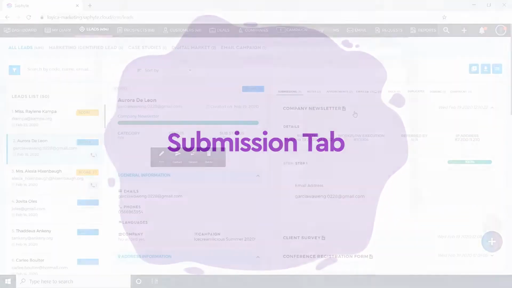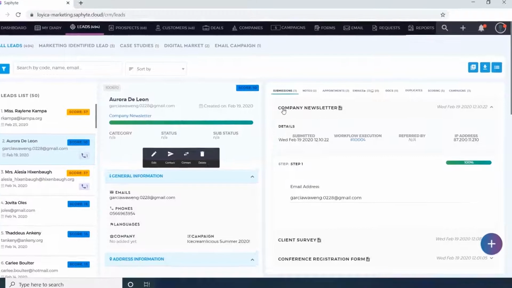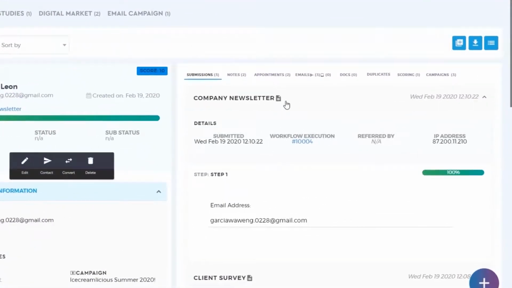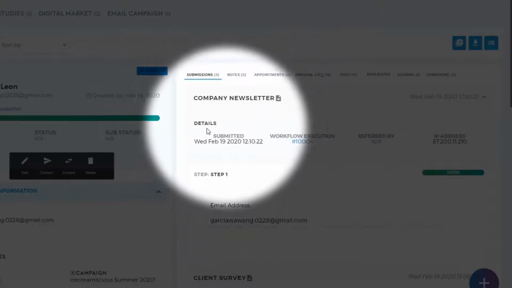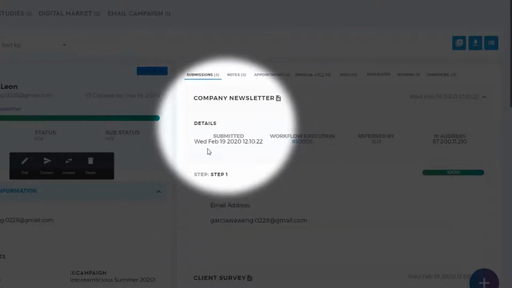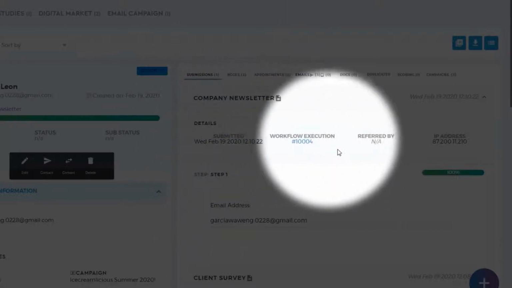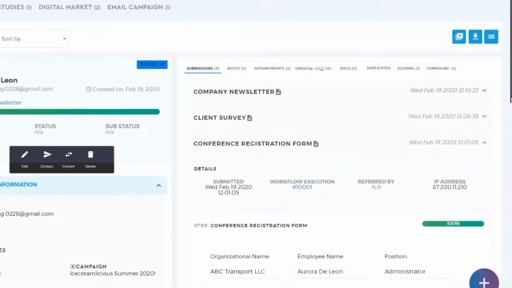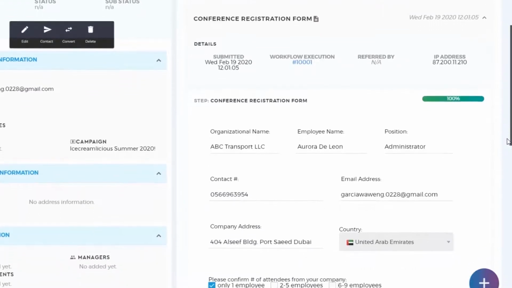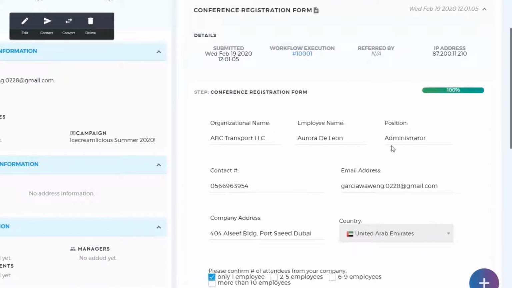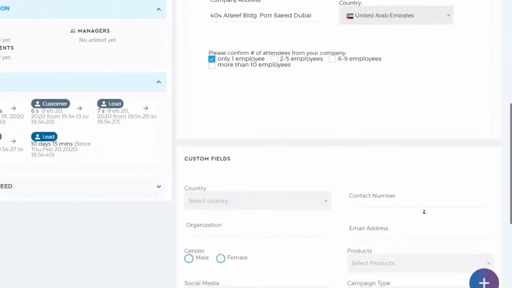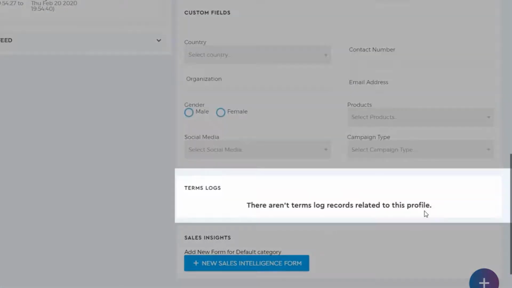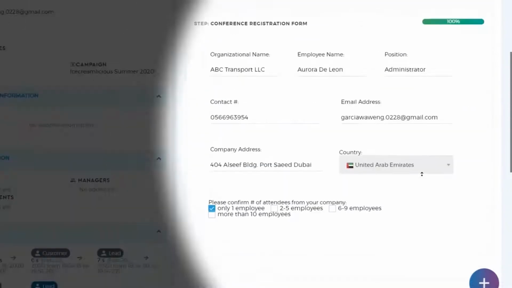On the Submission tab, you can find the forms that your lead has submitted. You can find in this section the details of the form submitted, the date when the form was submitted, the workflow it triggered, referred by, and the IP address of the respondent. You can view the general information such as name, contact, details, address, custom fields, term logs, sales insight, percentage of